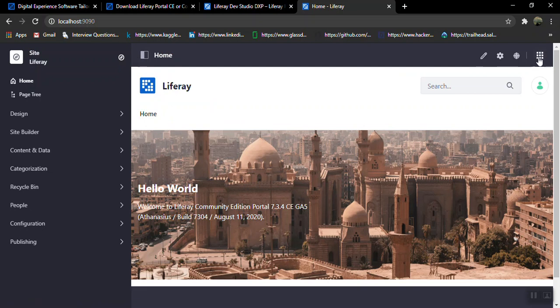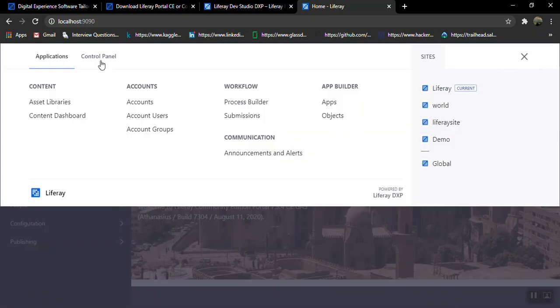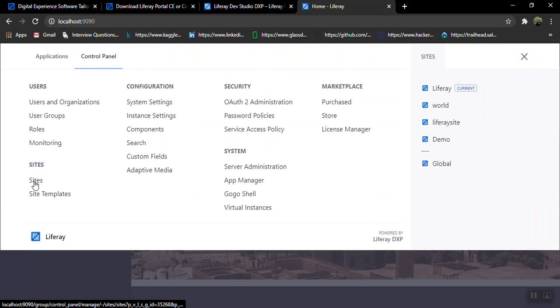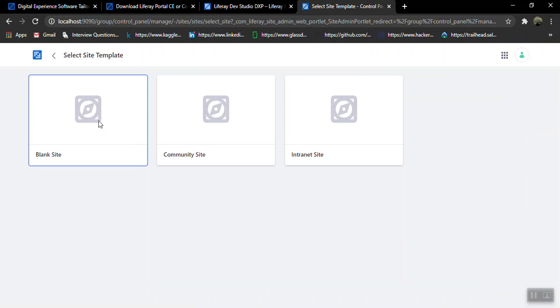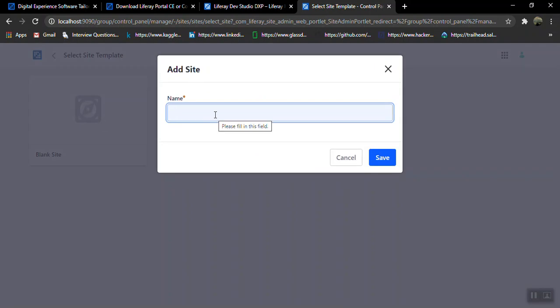Now I'll try to create one site. Here I'll add one site. This is my blank site. I'll give it the name project Liferay.